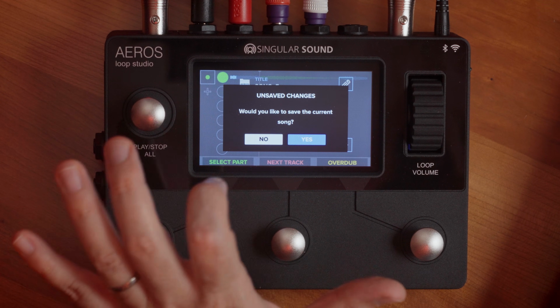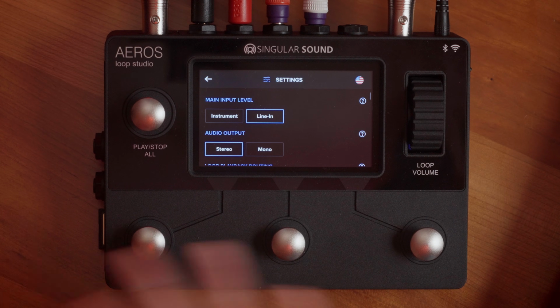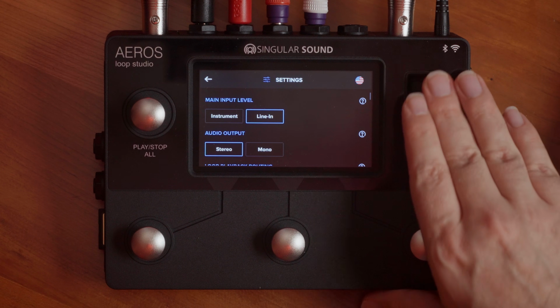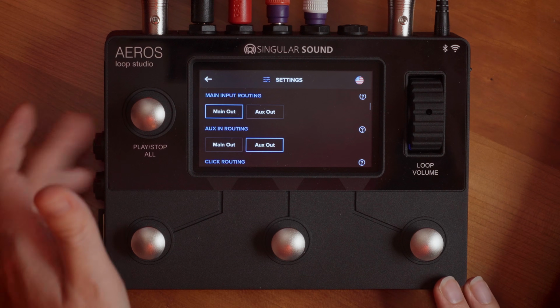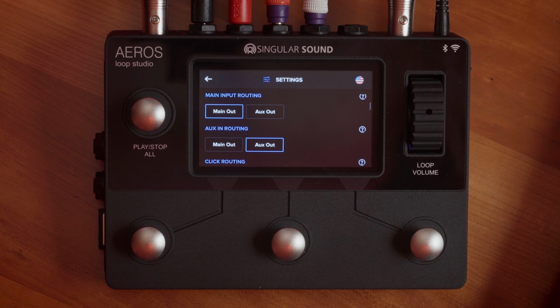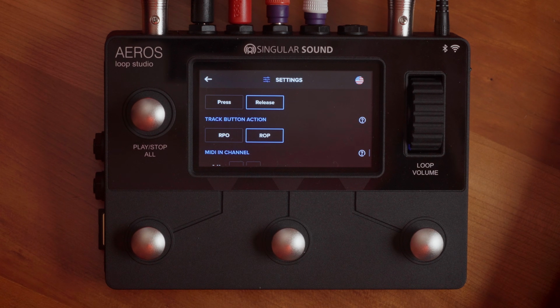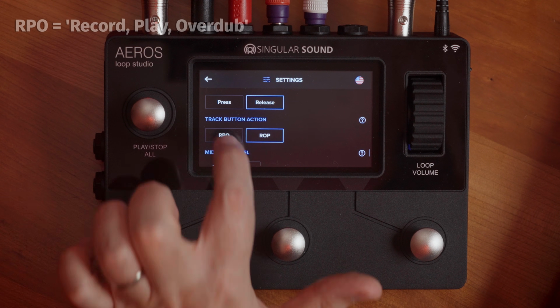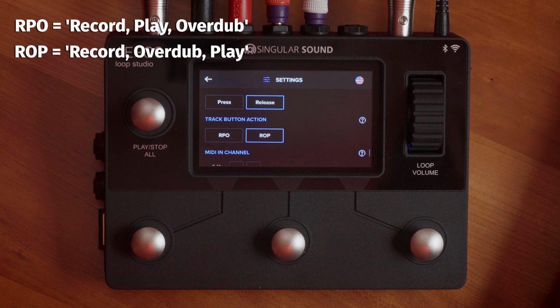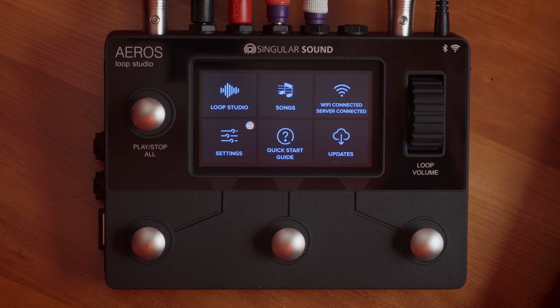Let's not save the song. You go to settings. By the way, there's a ton of options in the Loop Studio. It's really great. And also the auxiliary routing, like you can route a click out of the auxiliary to hear if you're doing something rhythmic specifically, which is really nice. Track button action: record, play, overdub, or record, overdub, play. That's what you want. You want to make sure that is on when making ambient tracks in this type of